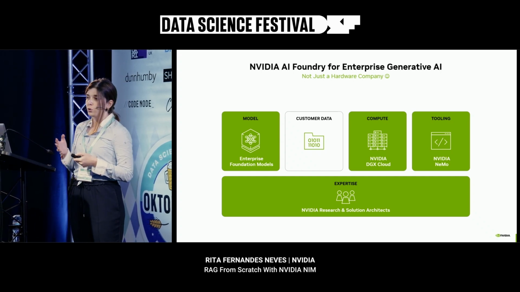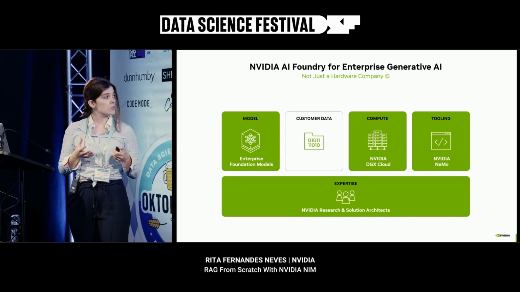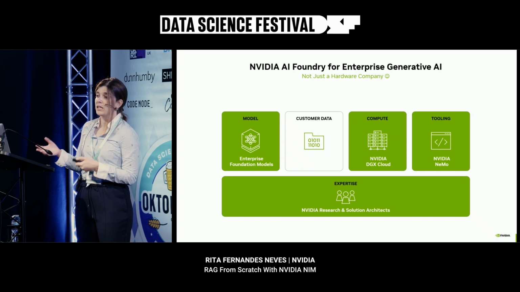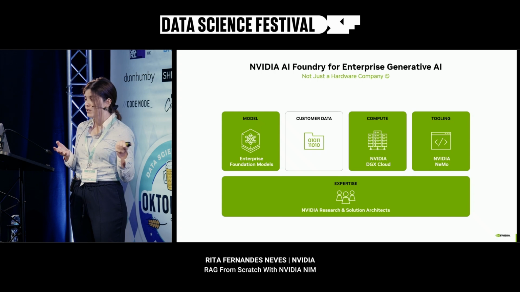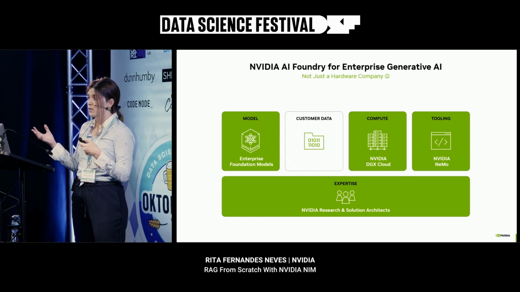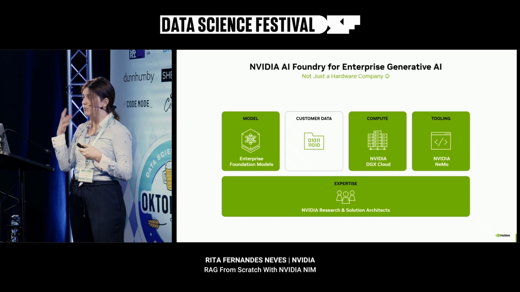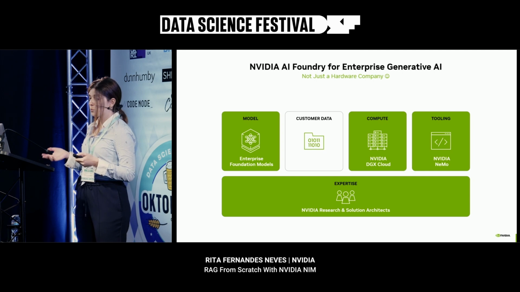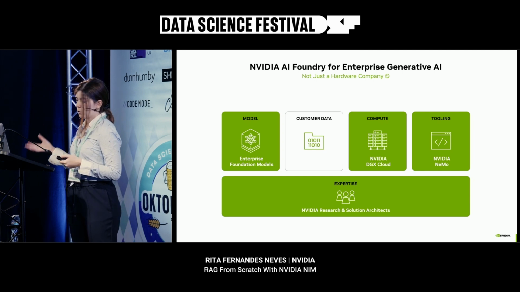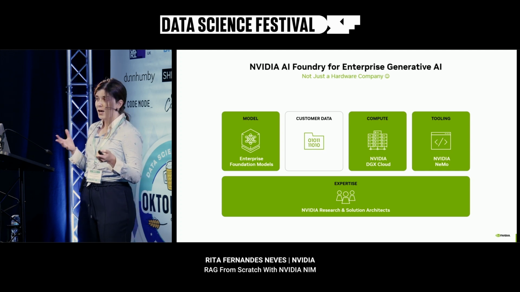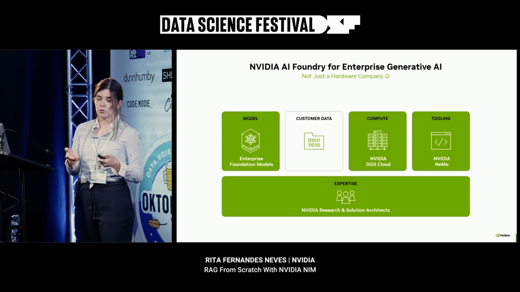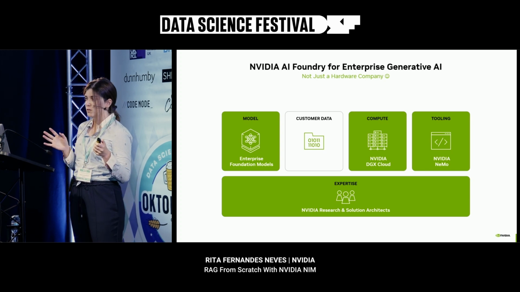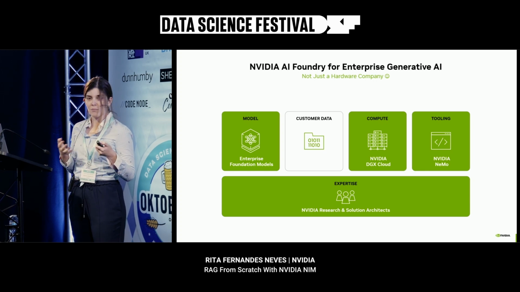Then we have the tooling part, which means that we have a lot of open source software libraries to do the deployment of models in that compute. So basically, we have services like NeMo that will optimize the deployment and training of LLMs. We have the models themselves in a platform that we call Enterprise Search for foundational models. And we have a bunch of open source models, but also proprietary models that I'm going to be talking about later on. So all of these components are part of our generative AI offerings, essentially.